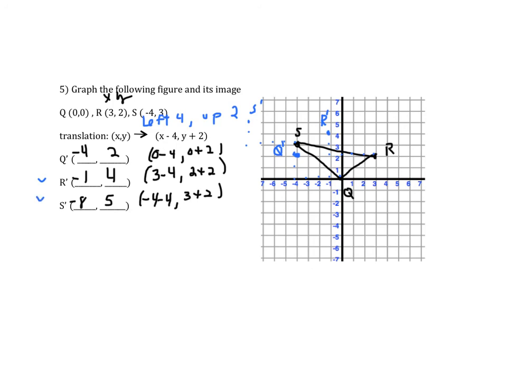Sometimes it's hard to tell when we're making practice problems exactly where they're going to go. Okay? So connect your dots to make your pre-image and your image, and you should see that they are 2 congruent triangles. All right, next up,